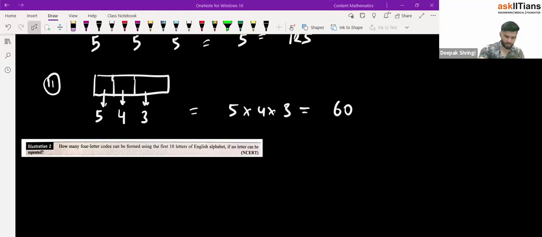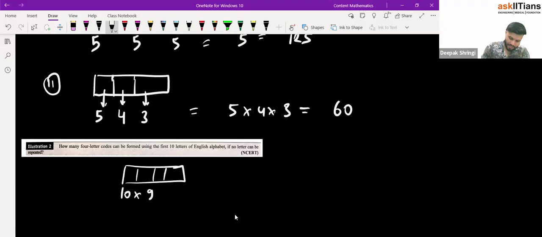Look guys, so for this question, how you are going to write the answer is, how many 4-letter codes can be formed with first 10 letters of the English alphabet? No letters can be repeated, right guys? So obviously our first place can be filled in 9 ways, then 8 ways, then 7 ways, right? Correct? That is the answer. अब इसमें आगे सॉल्व कर लेना खुद से।